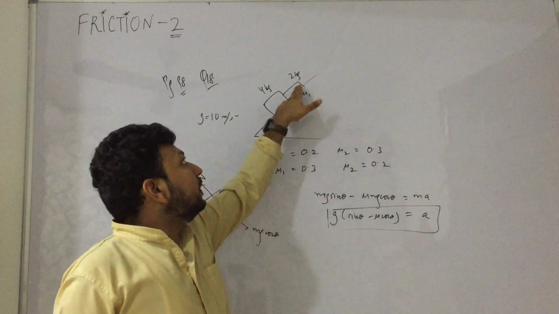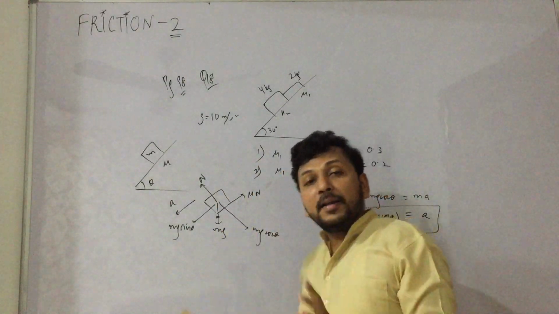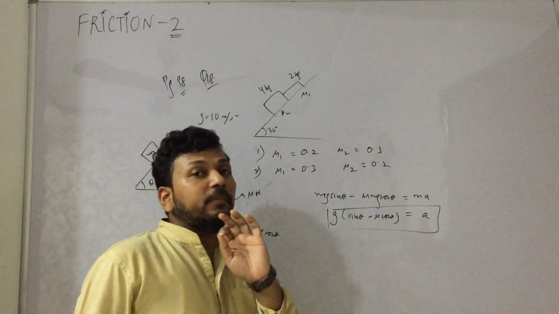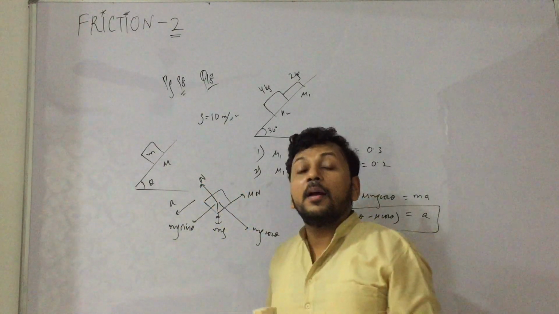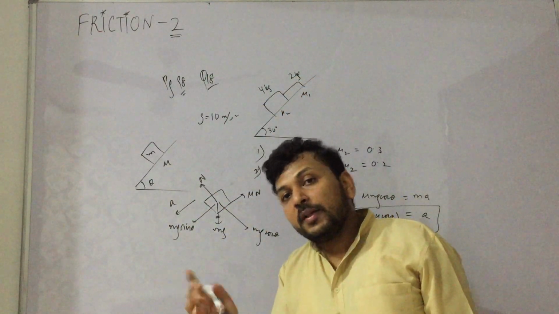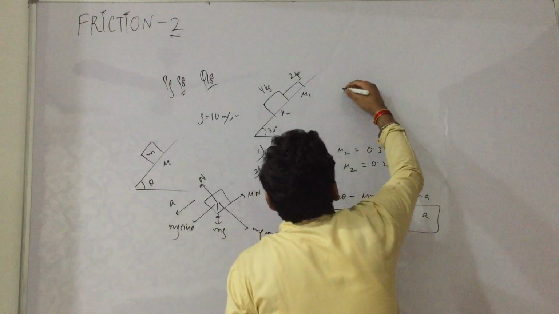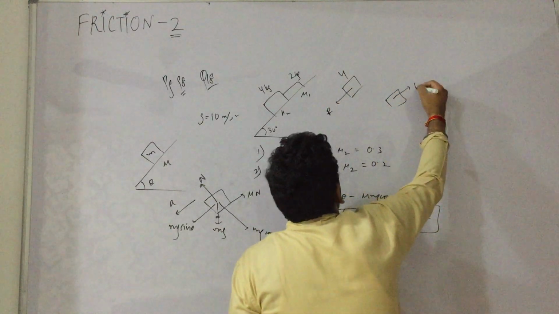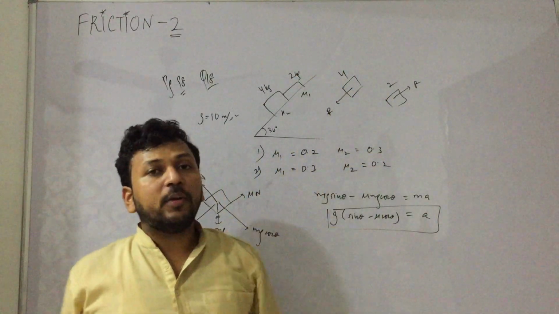Now what will happen? This body will try to move faster, it will push the 4 kg block, and ultimately both the blocks will come together, yes? So acceleration of both the blocks in the first case will be same, and there will be a force apart from all the other forces that we already studied. Normal reaction R exerted from 2 kg to 4 kg, similarly equal opposite reaction on 2 kg R. So this is new thing that you have to consider in this question. R on the 4 kg block and R on the 2 kg block. Other things are same, mg, normal, mu1, that you can do.